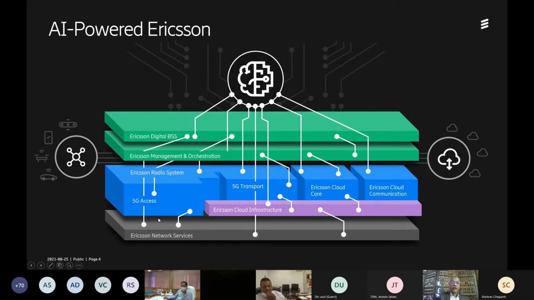And touching all of these pieces, Ericsson also has a large business in network services. Network services is about network design, it is about network rollout, network optimization, or it is about operational considerations and assurance considerations. It could be on the RAN side, or it could be on the IT and core part of the network. So as you are able to see this, we look at AI and ML touching the entire portfolio